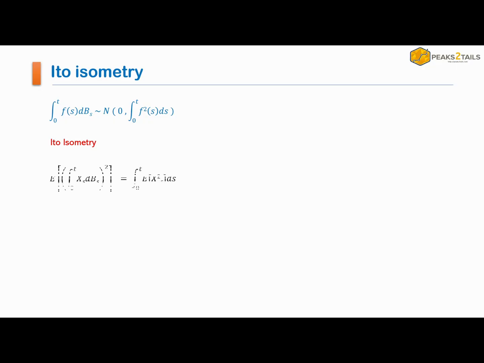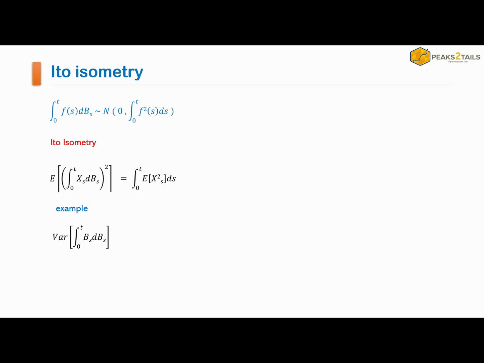Ito isometry tells us that the expectation of square of an Ito integral can be written as integration of expectation of the square of that integrand with respect to time. And this Ito isometry property comes in handy when we want to calculate the variance of various Ito integrals. So we'll see an example. The variance of integration of BdB